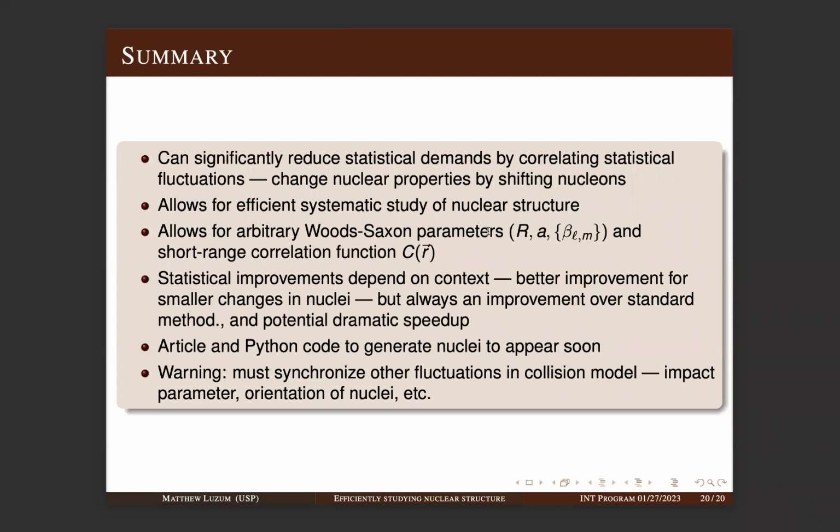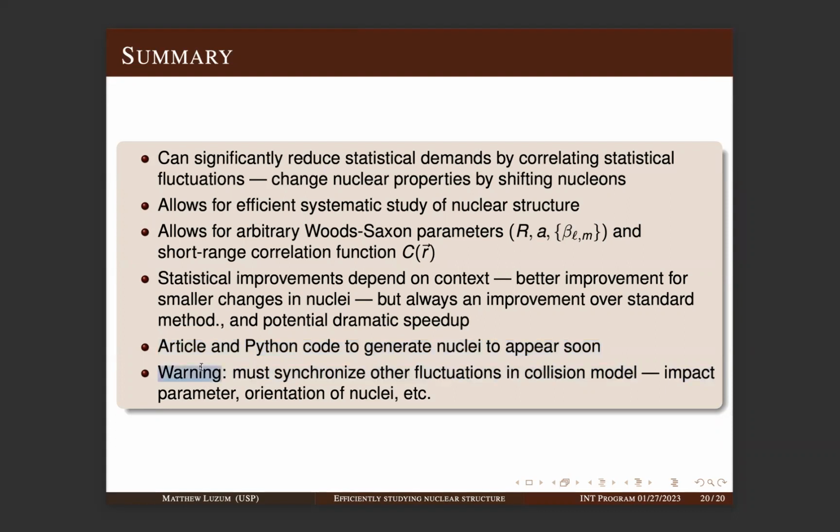To make this useful, you want to provide this code where we replace the Monte Carlo Glauber, basically. Yeah, that would be really good. So just a quick comment about the code. All this will be ready pretty soon. The code generates nuclei according to whatever parameters you want, and then it gives you an HDF file in exactly the same format that default Trento reads in, which is convenient. But I want to make a warning that